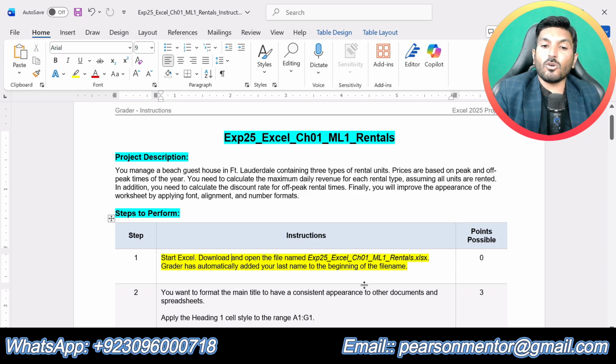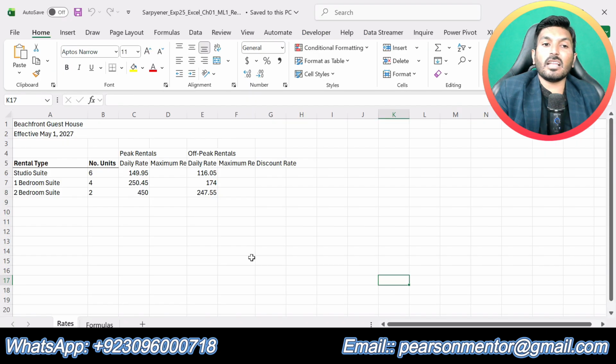Step number 1. Start Excel, download and open the file named EXP25 Excel Chapter 1 Mid-Level 1 Rentals. Grader has automatically added your last name to the beginning of the file name. So this is the Excel workbook that we are going to use to solve this assignment.